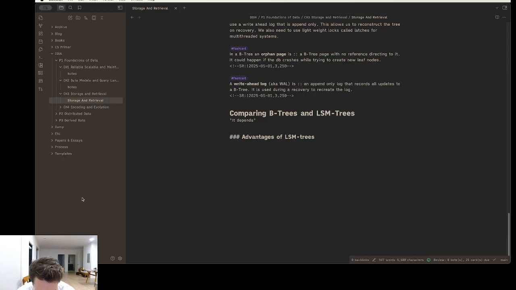At least twice. Once to the write ahead log and once to the tree page itself, and perhaps again as pages are split. Okay, so